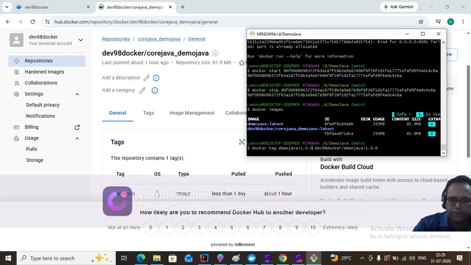यूजर नेम के साथ जाएगा ये। हाँ, यहाँ पर लेटेस्ट की जगह पे ये रिपोजिटरी दिया है मैंने, यूजर नेम एंड core_java_demo_java, ये रिपोजिटरी नेम है, इसमें मैं अपना 1.0.0 डालूँगा, और इसमें 1.0.0 ये वर्जन दे दिया। ठीक है, और ये डेमो जावा मेरा हो गया। नाउ लेट्स सी,